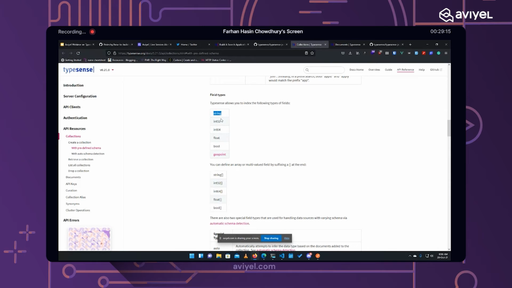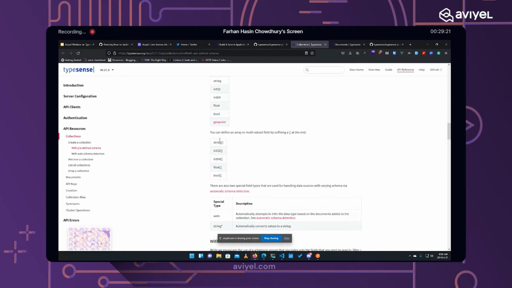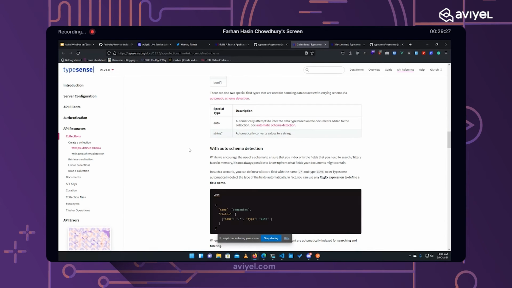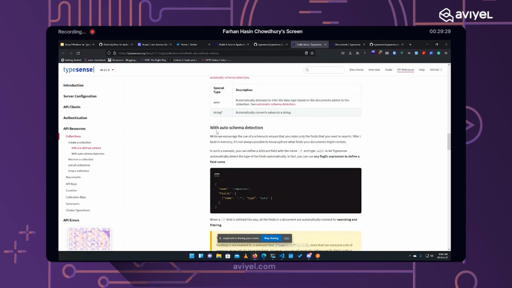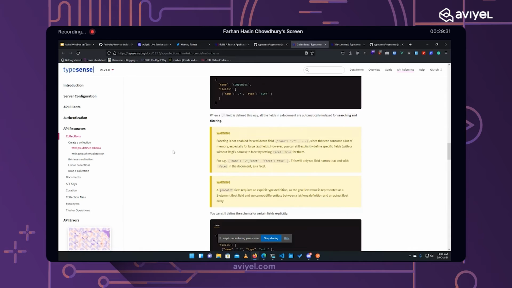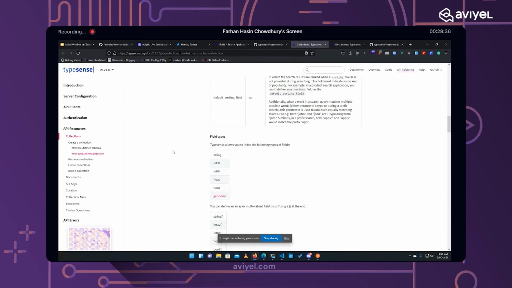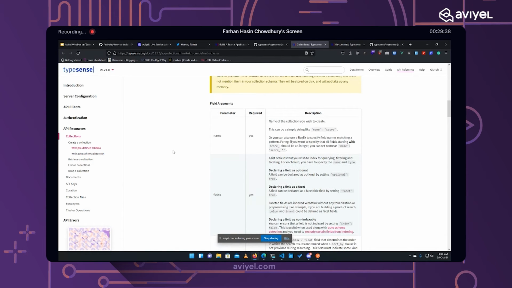You can have a string, integers, float, booleans, and geopoints. You can also have arrays of these data types, except geopoint. You can also use auto if you're not sure about the type of the data you are getting, but that's another scenario. If you'd like to learn about that, I would suggest you go ahead and read the documentation on that topic.